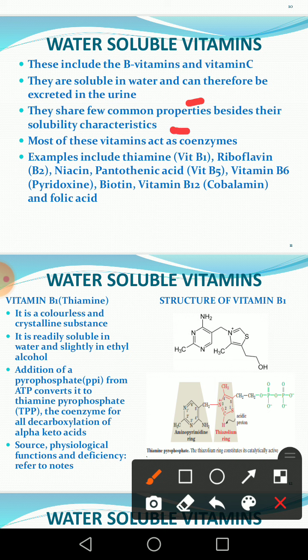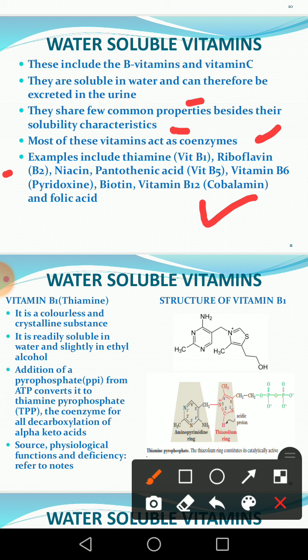Most of these vitamins act as coenzymes. Examples include thiamine, vitamin B1, riboflavin, vitamin B2, niacin, pantothenic acid, vitamin B5, vitamin B6, pyridoxine, biotin, vitamin B12, cobalamin,